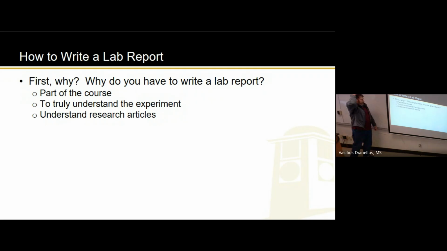Another thing I love about it is the second part. To truly understand the experiment, you have to be able to understand the experiment to write a lab. You can do a lab worksheet and not truly understand what happens. Just take the data, answer the questions. But to be able to write a lab report, you truly have to understand it. And again, in a perfect world, I would like to do a lab report for every lab instead of a lab worksheet. But that would be too much work for you, too much work for me, and it's only a 100 level class, so we don't do that.